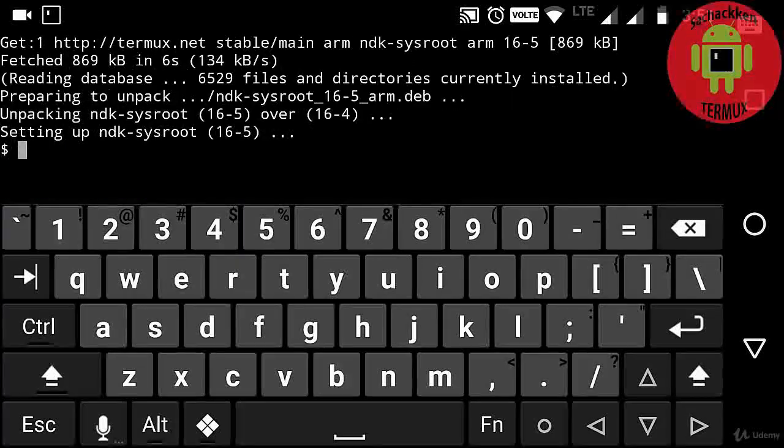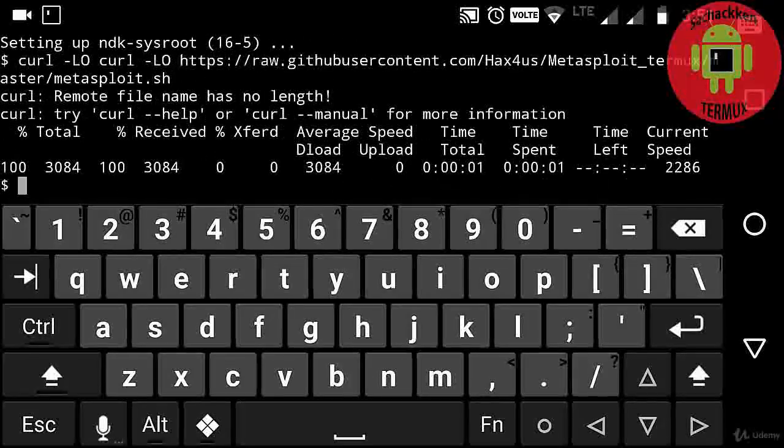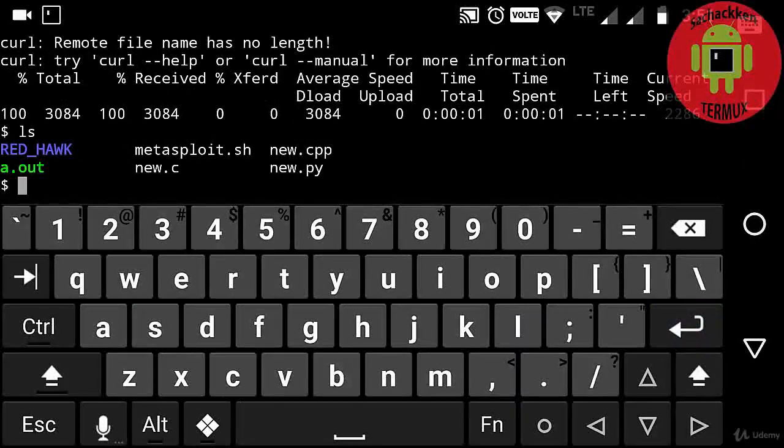I have given the URL link in the description. You can just copy it from there. And now I'm going to paste my URL, then press enter. Now it gets downloaded, and next typing ls command. Okay, now here you can see the metasploit.sh file, and now getting the access permission by typing chmod 777 metasploit.sh,